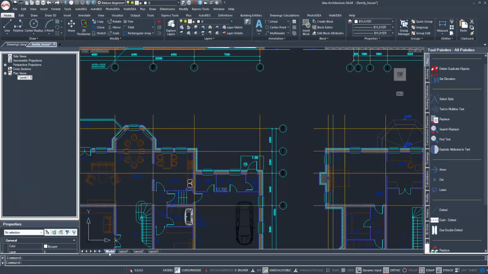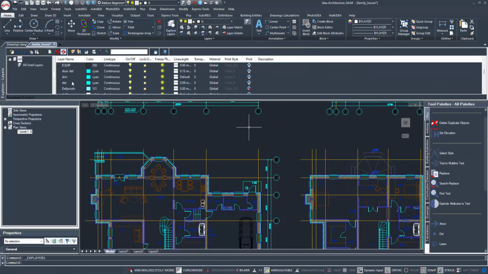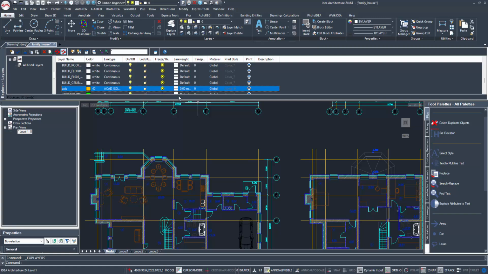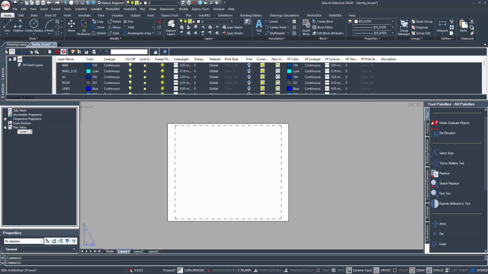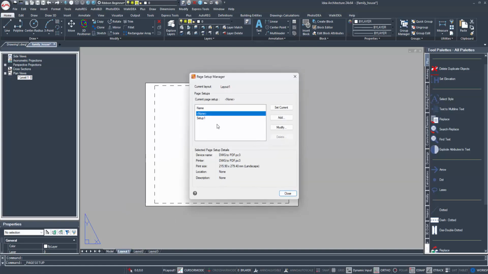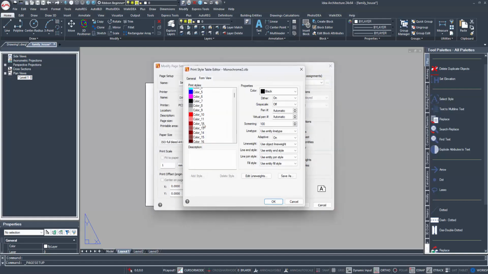For example, if we want the floor plan drawing to be printed in black and white, but the axis layer to be printed in gray, we check the color code used for that layer in the layer editor. Then, we find this code in the print styles and match it with the color we want to be visible in the printout.